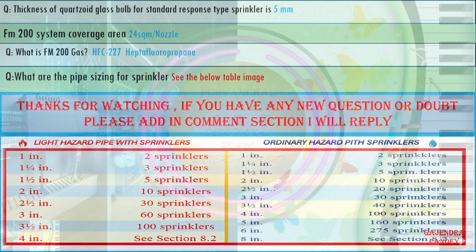Ordinary hazard. Ordinary hazard has the same thing. 1 inch is 2, 1.25 is 3, 1.5 is 5, 2 inches is 10, 2.5 is 20, 3 is 30, 3.25 is 40, 3.5 is 40, 4 inches is 100, 5 is 160, 6 inches